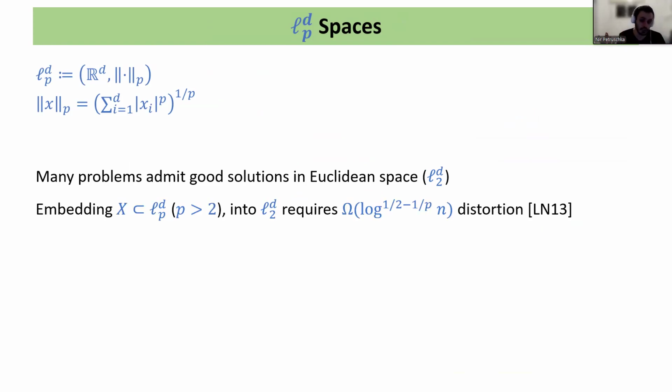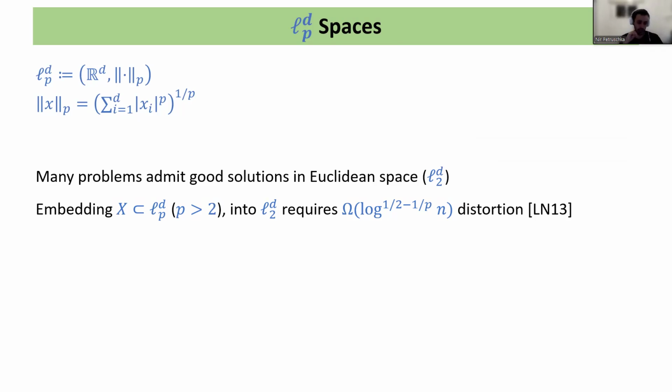And sadly, this is not the case. We actually know that we cannot embed a finite point set in LP into L2 without inducing some large distortion. So we need to have some additional guarantees in order to apply this